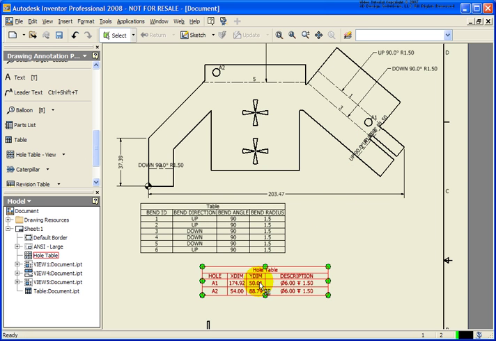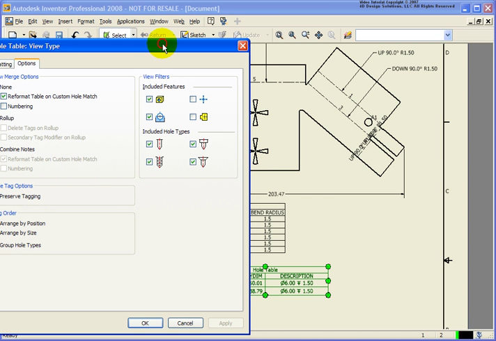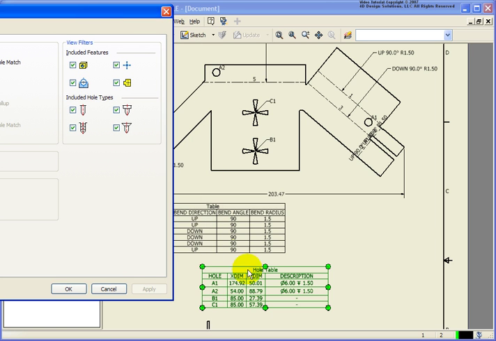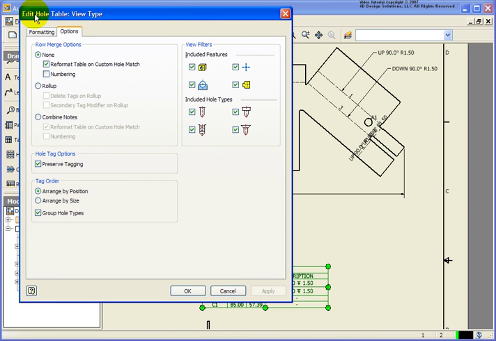So what I want to do is edit that table to also pull in information about the punches. So I'm going to double click on the table. And now from the Edit Hole Table dialog box, I want to tell Inventor to also grab information about the center marks and also the punch centers. So let's go ahead and apply that. And if I move this out of the way here, you'll see I now have my information in regards to the punches. They're labeled B1 and C1, but it's really not telling me any information. When we placed in that punch, I also gave it a punch ID. So I'm going to go back to the Edit Hole dialog,